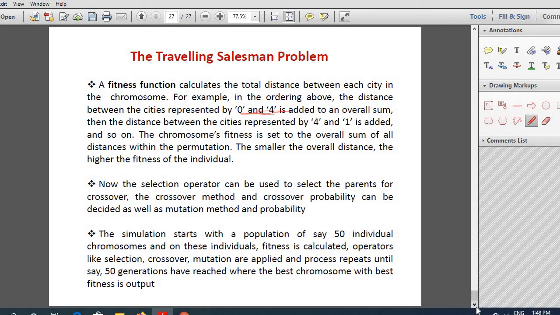You can select the crossover method and mutation method. Do all these, fix the termination criteria, and run the algorithm. So this is the essence of what genetic algorithms are. You can find your own examples of GA and come up with your own examples.